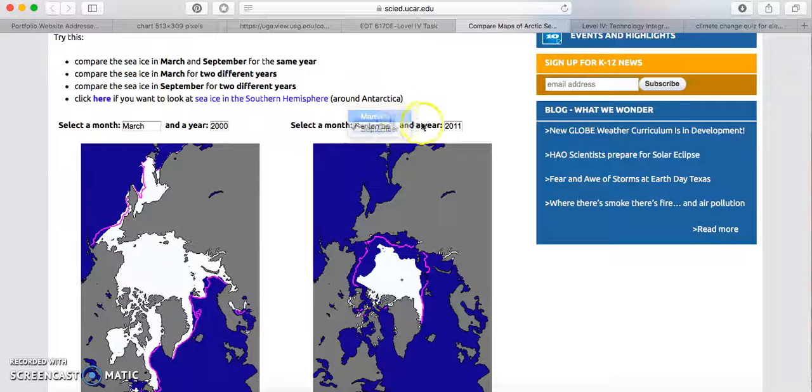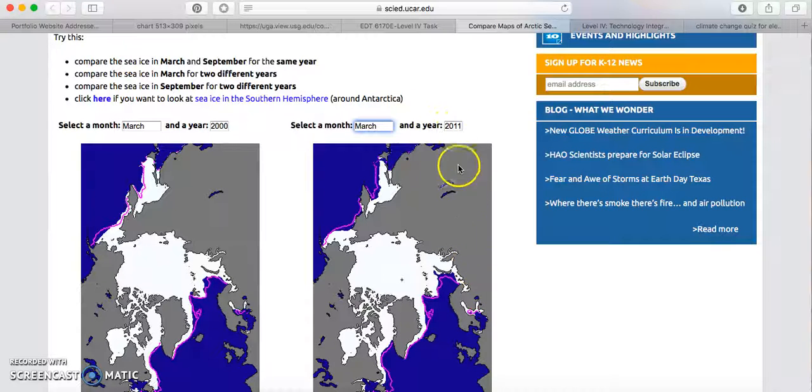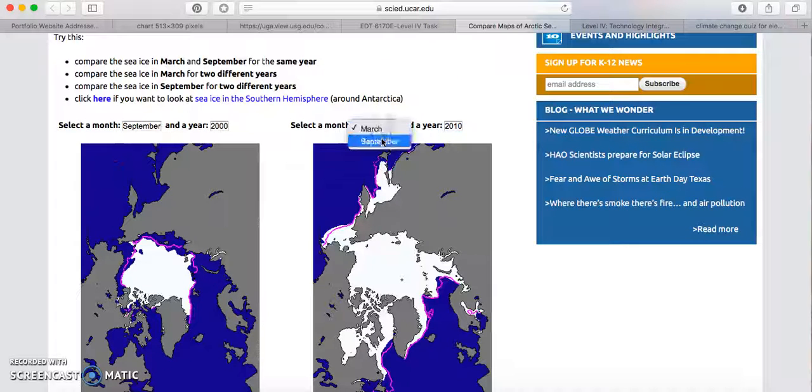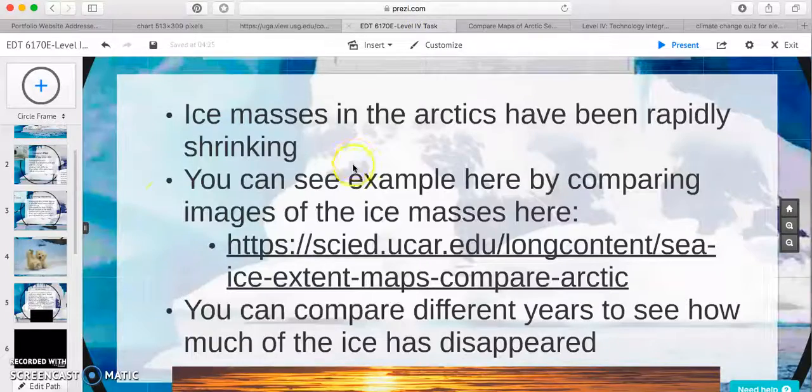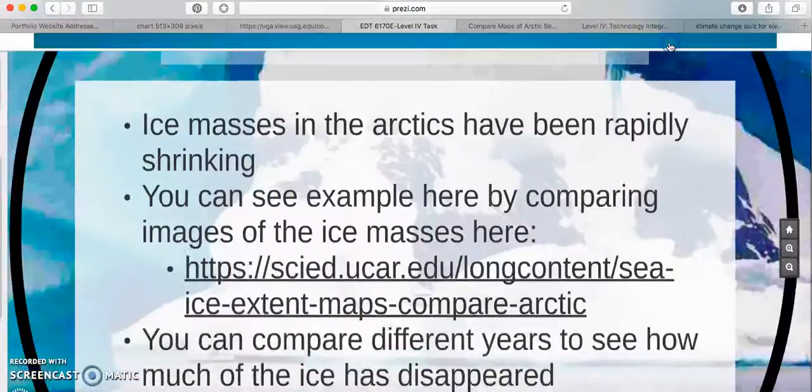And then if we say March in 2011, this is how much it's changed. You can see the difference in the ice, and then again in September. Just see how much it's changed and how little ice there is left. So then if we go back to our presentation,